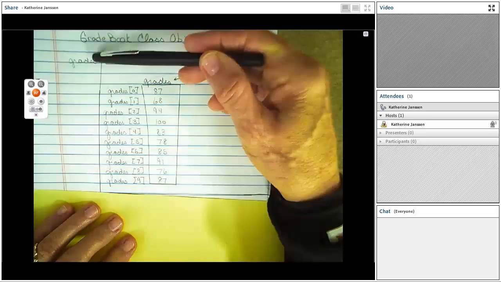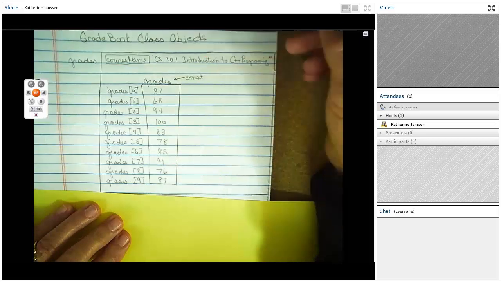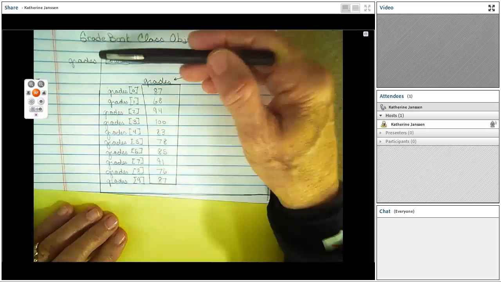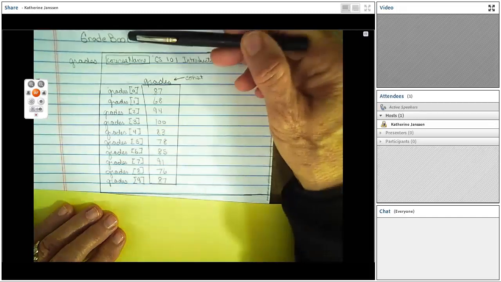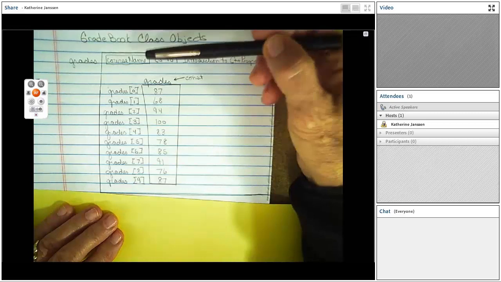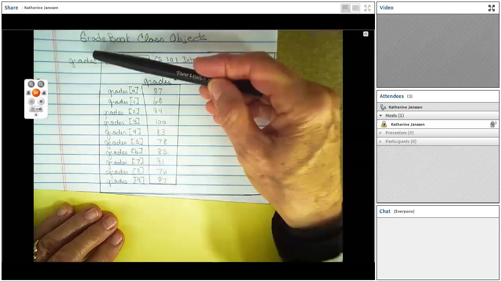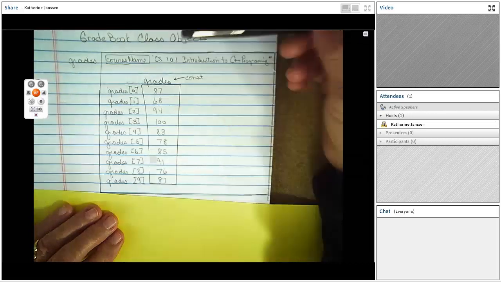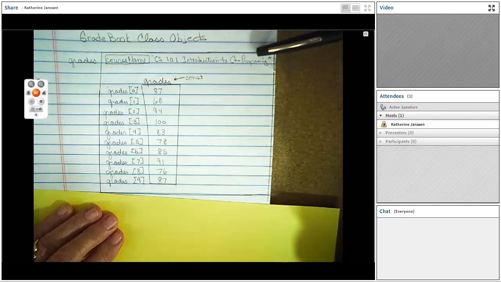So grades is of type gradebook, and it is a class object. Remember that all class objects of type gradebook know and maintain their own data members, course name, and we have a grades array. So grades knows its own course name as the string "CS101 Introduction to C++ Programming",